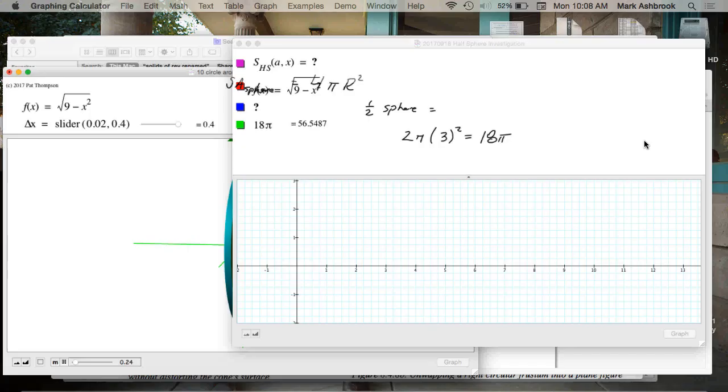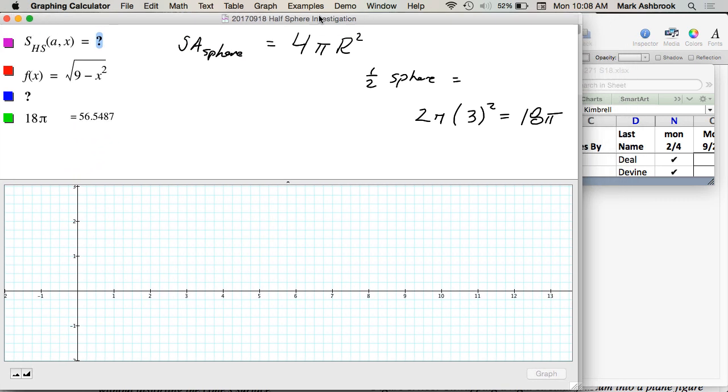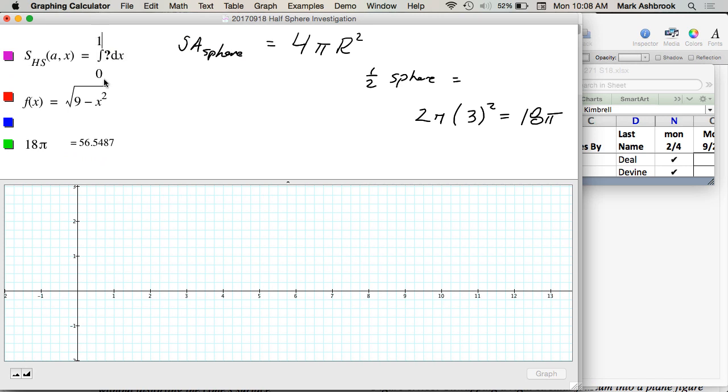So here it is. So what did we think? We said integral from a to x of